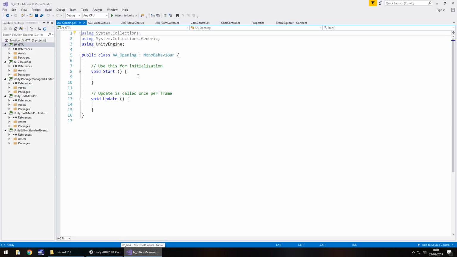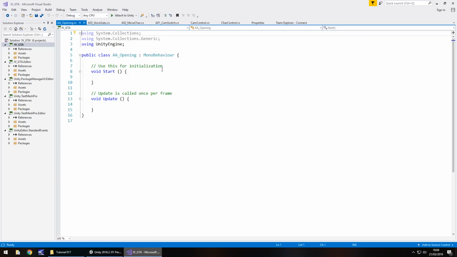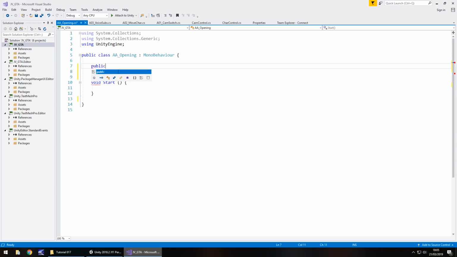And a couple of things that we need to set here. Not too many variables, but don't worry about them at all. We might need to bring in the fade out as well from our other scene, so we'll kind of preempt that as we go along. We can get rid of void update, we don't need it, and we can get rid of any annotations. So let's start with public game object fade in.